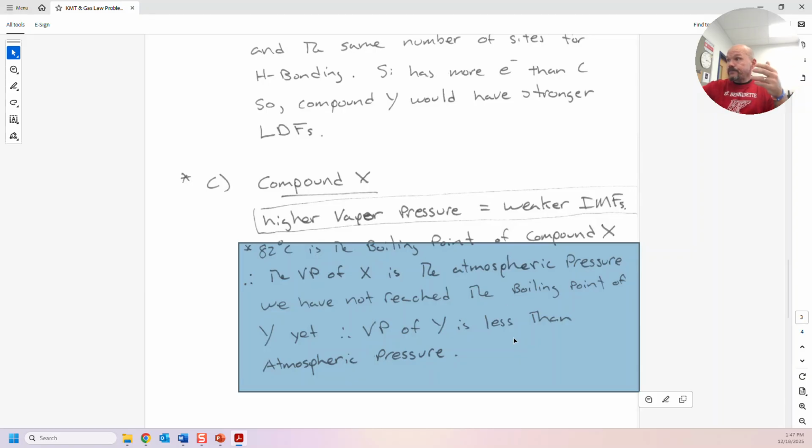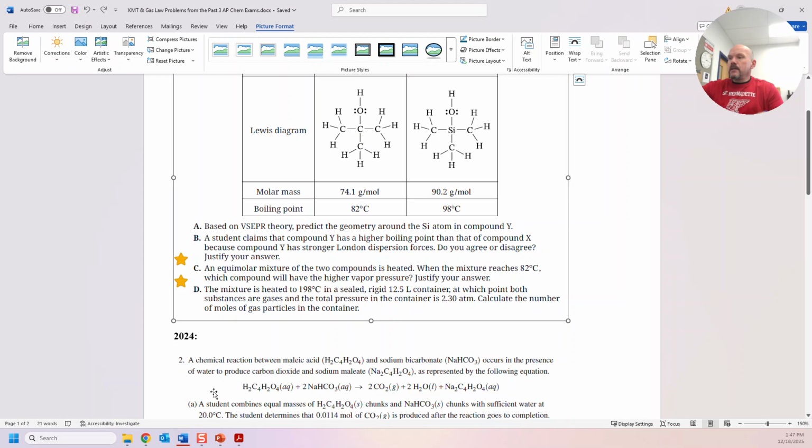But writing this down, the AP reader might be like, oh, this person really knows their stuff. But really, just the higher the vapor pressure, the weaker the IMFs. Okay. So if we go back to part D